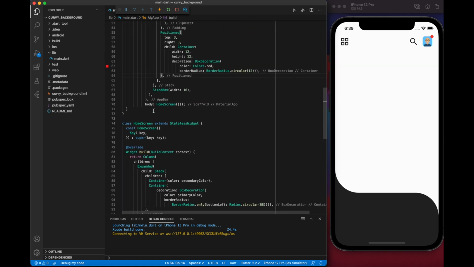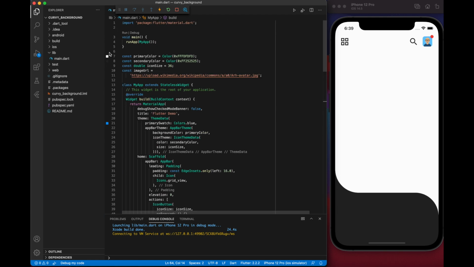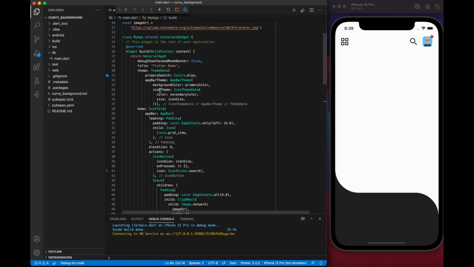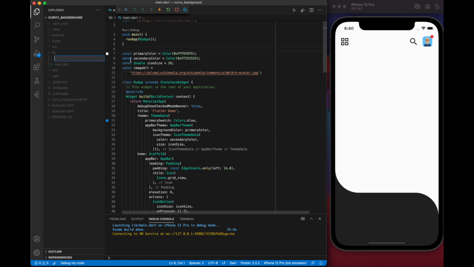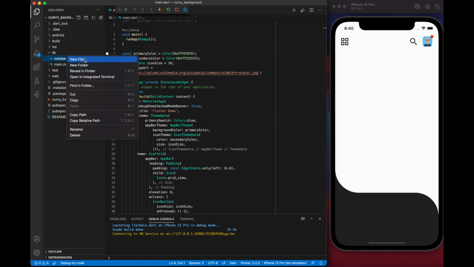Before we continue, there are a couple of quick things I want to do in order to clean up some of the code we wrote before. This is mostly to help with organizing the code we've written in order to make it better and easier to work with going forward. So the very first thing we're going to do is move these constants for colors and the icon size out into a different class. And so I'm going to create a new folder called constants. And inside of this folder, I'm going to create a file called